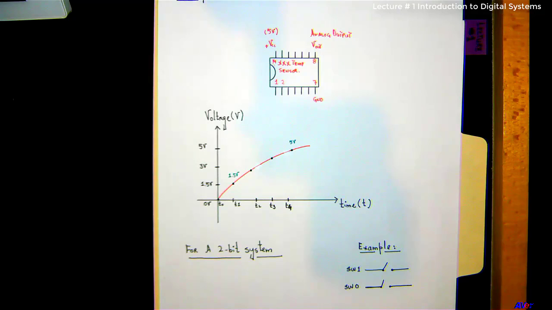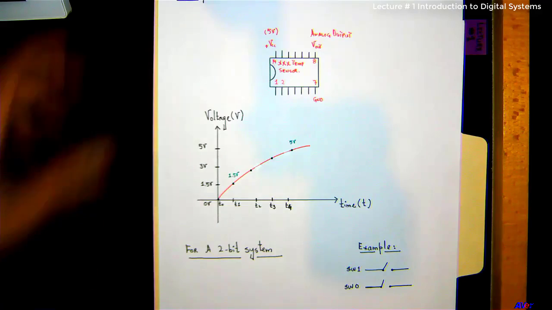So using this, we are trying to explain how we are going to convert this analog data, which is a varying voltage, into a sequence of zeros and ones, which is understandable to the machine, the computers. At T0, it looks like the voltage is 0. At T1, around 1.5 volt, and T4 is about 5 volt there, right?